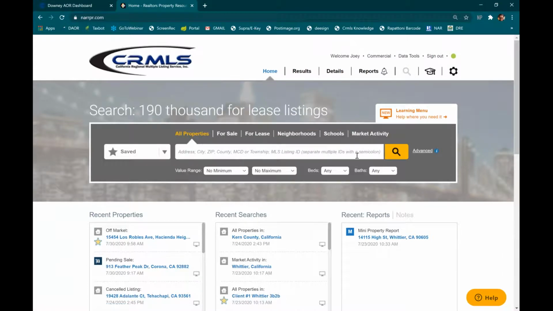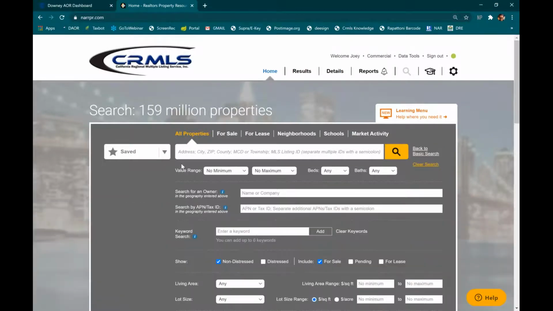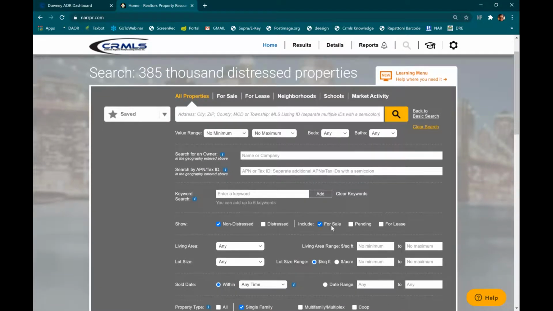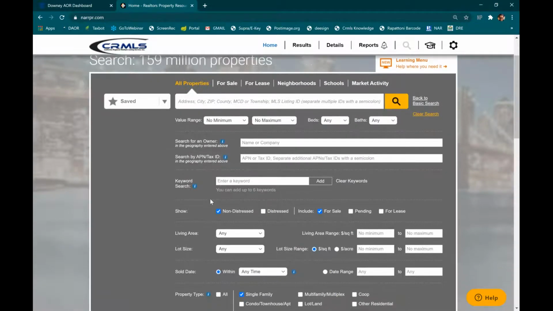We're going to go ahead and do an all property search. I do want us to note that there is an advanced search option for when we are looking for all properties. We can show either non-distressed or distressed. It just depends what we're looking for and what we want to include. Now, additionally, we can search just by owner or keyword,